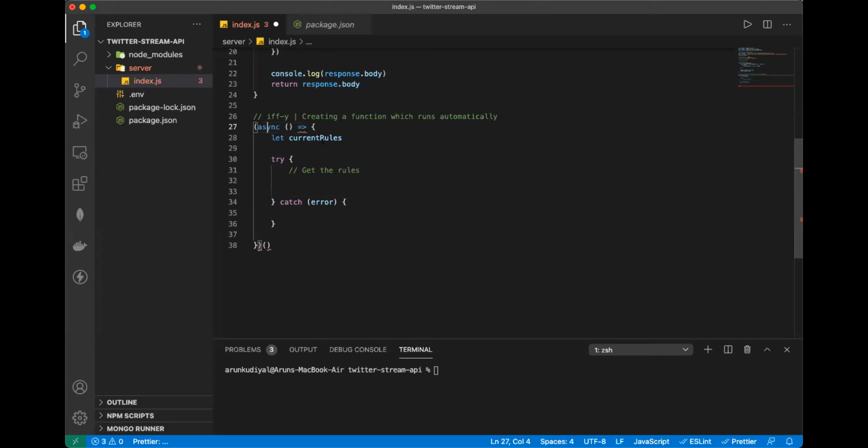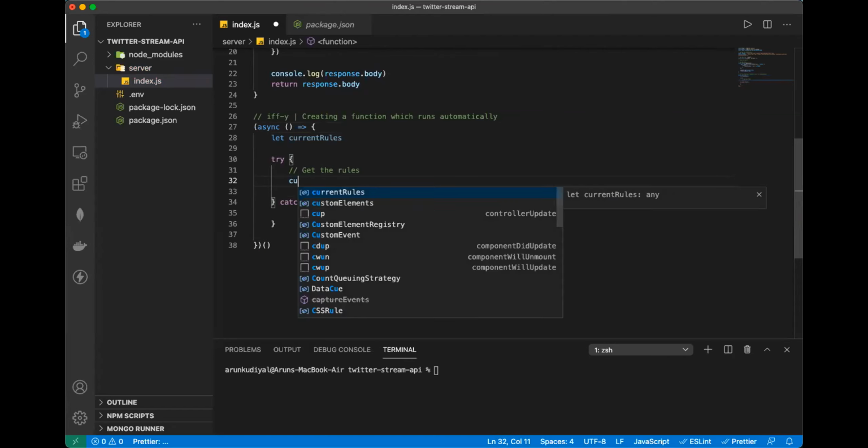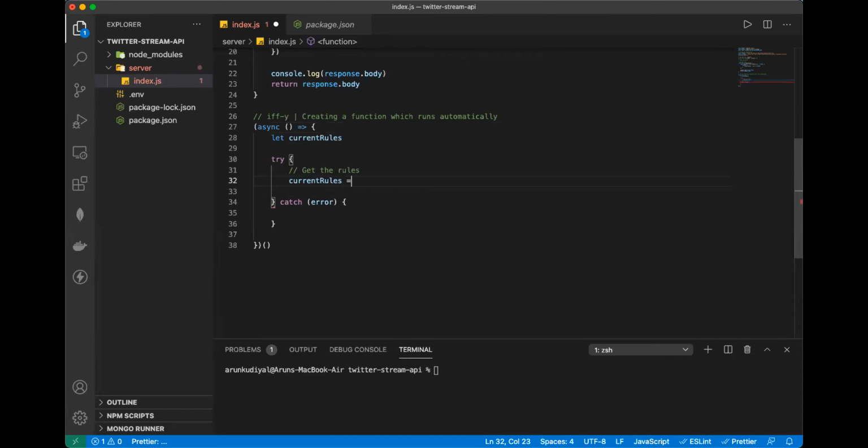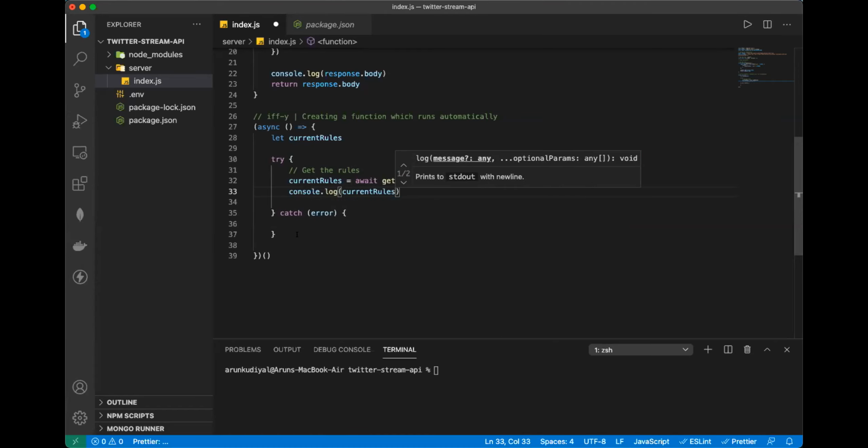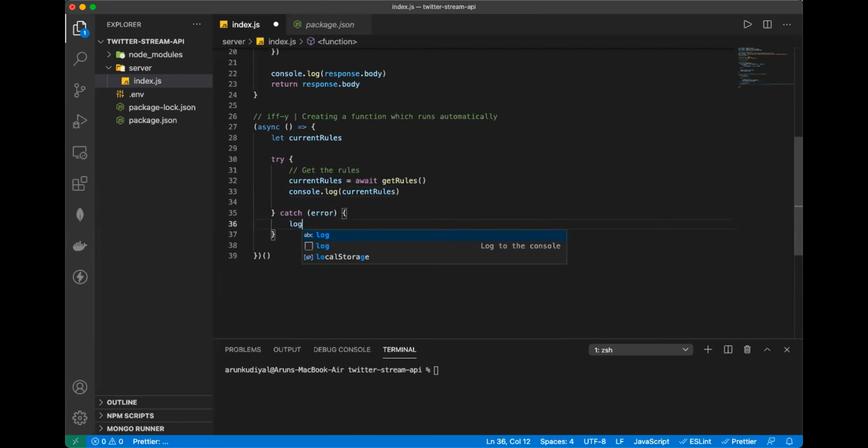Oh, async. So how are we going to get the rules? We are going to get the rules by putting this current rules at the point where I'm going to get the rules. I'm just going to say await, because again, it's an asynchronous function and we'll have to wait for it. So I'm just going to say get rules. Or rather, I should write it this way. This is going to be much better and cleaner code. So I'm just going to say await and get the rules, right? And once we have these rules, we are just going to console.log whatever the current rules is going to be, right? And if we get an error, we're just going to console log the error,